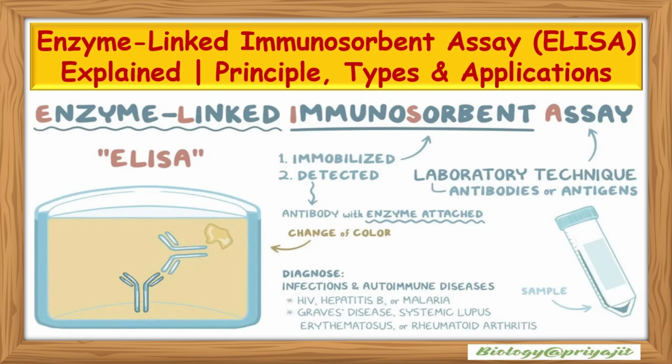Today we are going to explore one of the most widely used immunological techniques in research and diagnosis, that is the enzyme-linked immunosorbent assay, or simply ELISA. This method revolutionized how scientists detect and quantify hormones, proteins and antibodies without using any radioactive substances like radioimmunoassay. So let's dive deep into its principle, types, applications, and even its advantages and disadvantages in a simple and